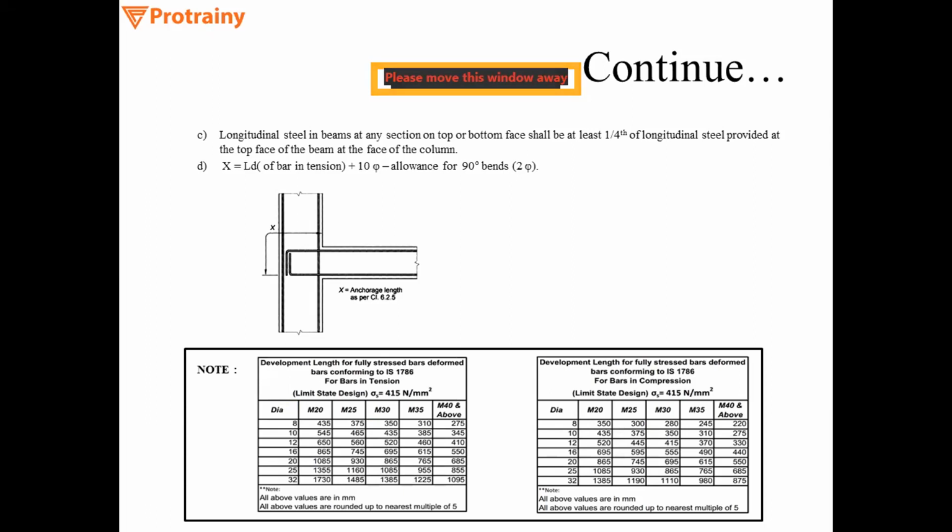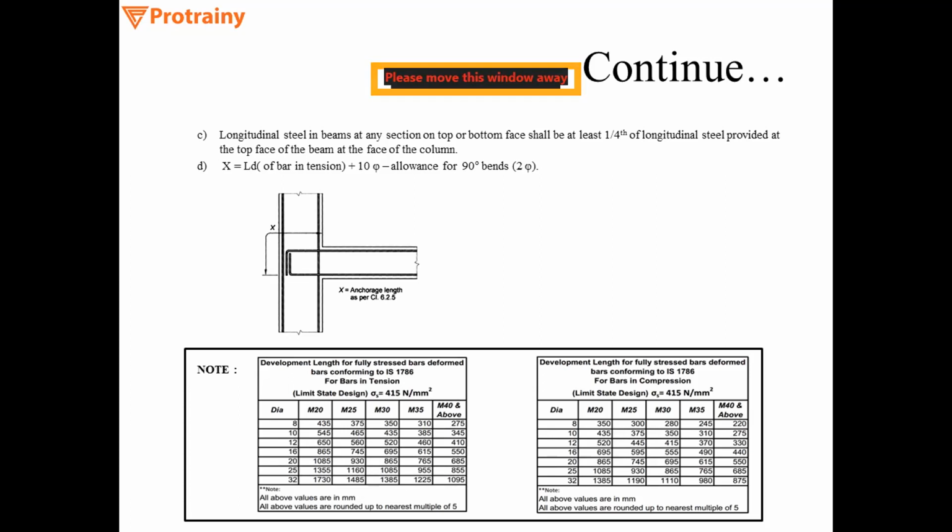Longitudinal steel at any section at the top or bottom face shall be at least, like, if I curtail a certain amount of steel at any part of the section, it should at least be 1/4 of the longitudinal steel which is provided at the column face of the beam. Apart from that, another clause is